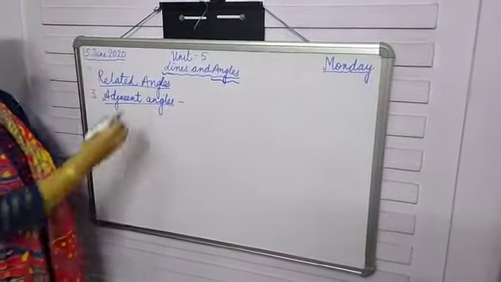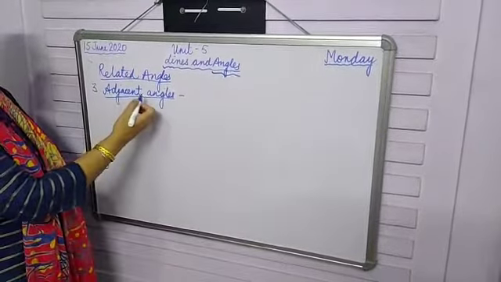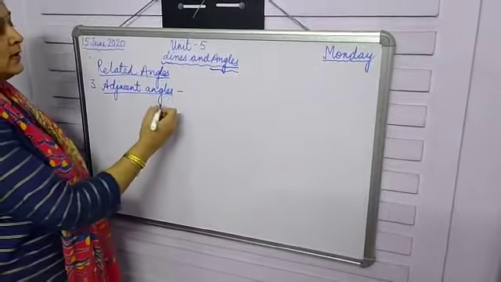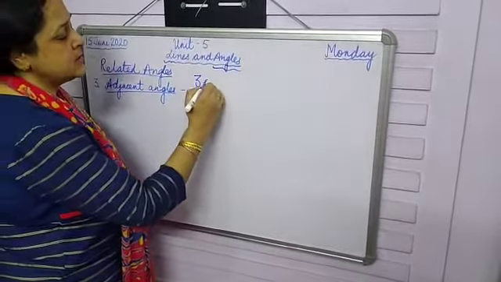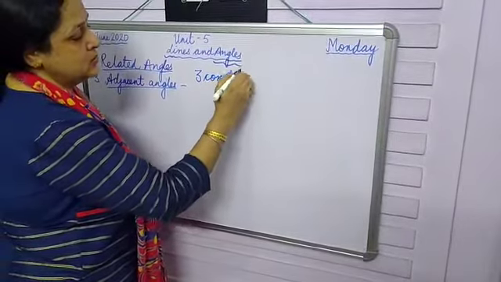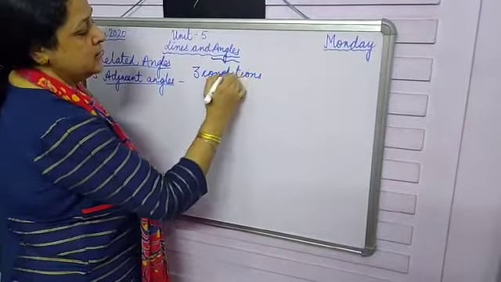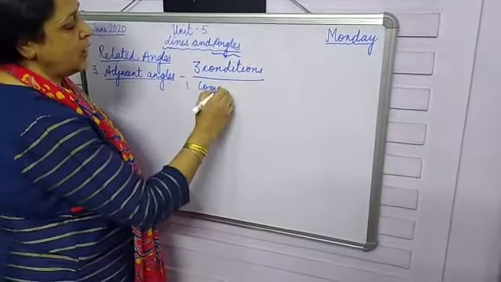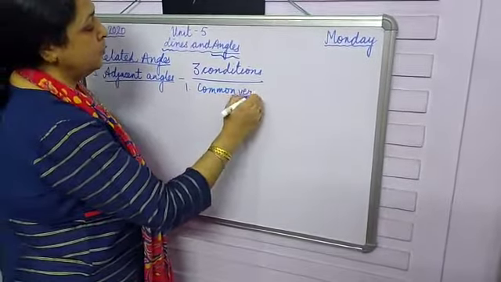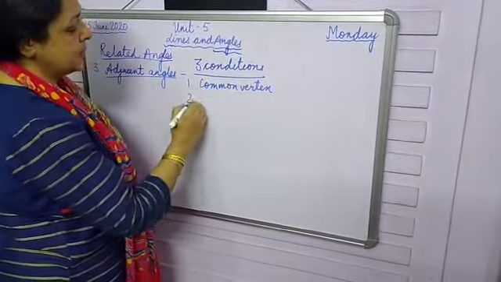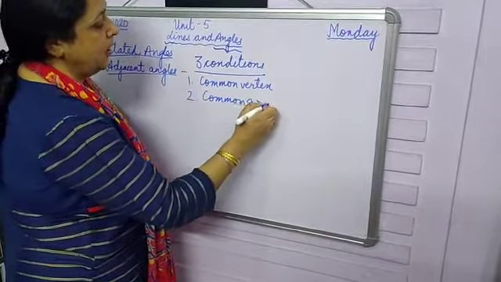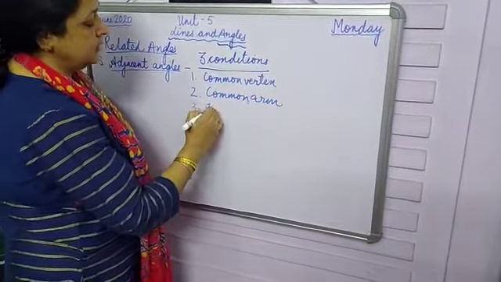Third type of related angles are adjacent angles. Now understand them very carefully. Two angles are said to be adjacent if they fulfill three conditions. If they fulfill these three conditions, only then they will be adjacent. First, they should have a common vertex. Second, they should have a common arm. And third, that their